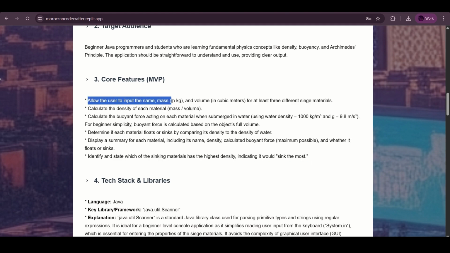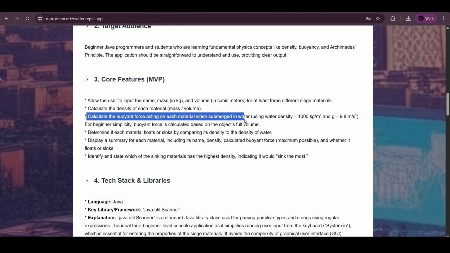So here it says, allow the user to input the mass in kilograms and volume in cubic meters for at least 3 different siege materials from the treasure chest. So let's assume that these siege materials are kept in the treasure chest. And then it says that we need to calculate the density of each material by dividing the mass by the volume. And like I told you, it also says we need to calculate the buoyant force acting on each material